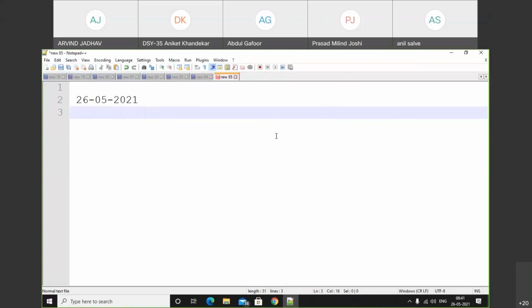Today we'll discuss the concept of S3, and in that we'll discuss in detail about the properties of S3. In that section, we'll first discuss how we can make any file public so we can easily access that file.